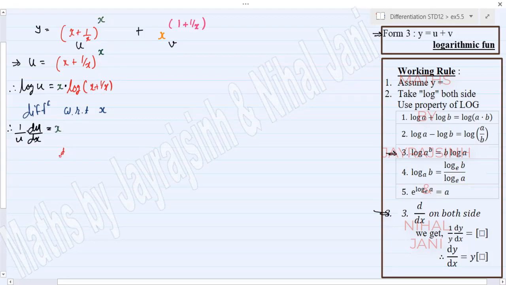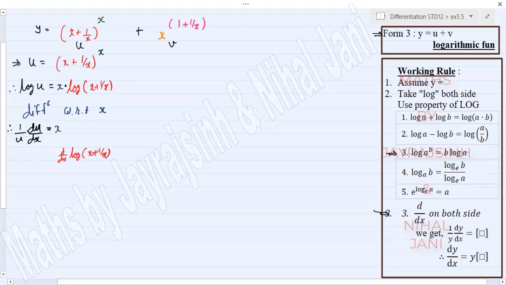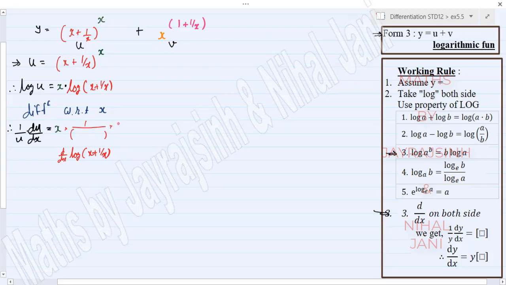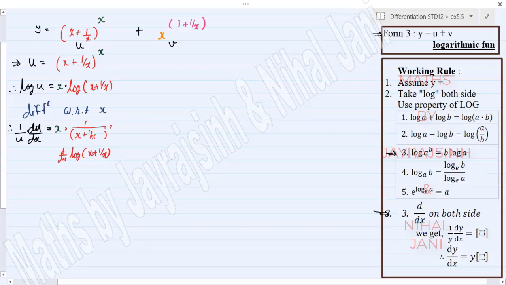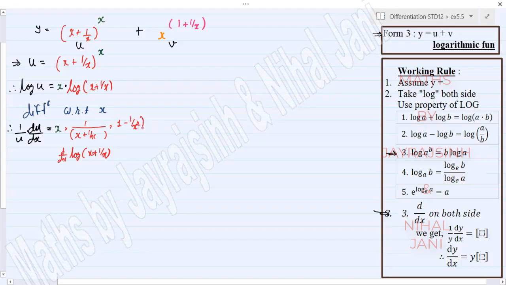We have to differentiate log x plus 1 by x, and for that we have to consider a box around x plus 1 by x. So it will be 1 upon box into differentiation of box. Within the box we have x plus 1 by x, so we just have to multiply by differentiation of x plus 1 by x. Differentiation of that will be 1 minus 1 by x square